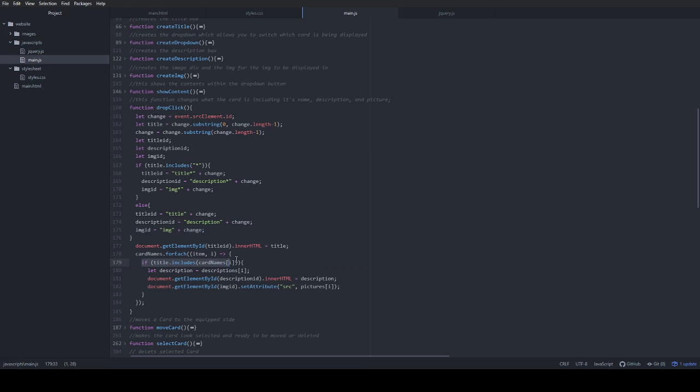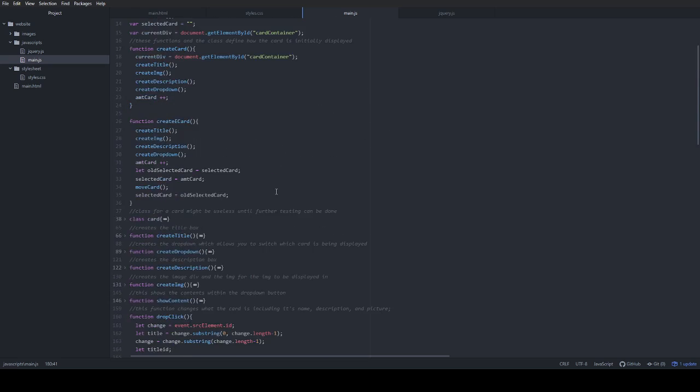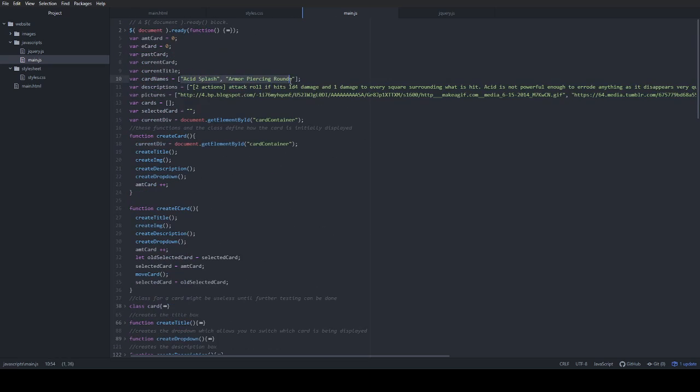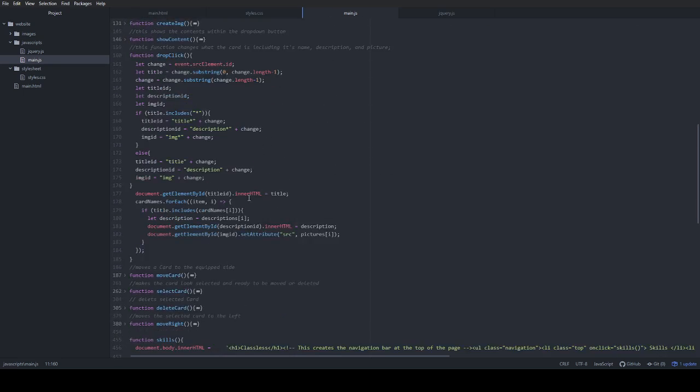Oh, and also here it checks every card name, and if that's right... so the card names are in an array, and in another array are the descriptions, and they're put at the same index. So if you find the correct index for the title,